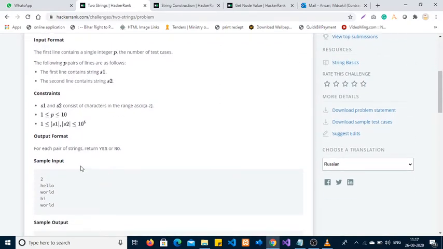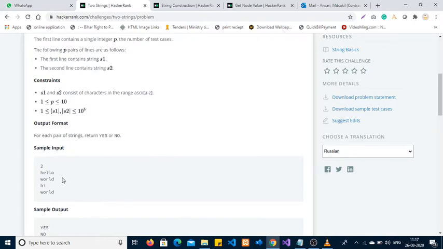Let's move to the sample input. In this sample input, we are given 2, that is the number of test cases. Our function should pass for the first test case. The given input is hello and world.